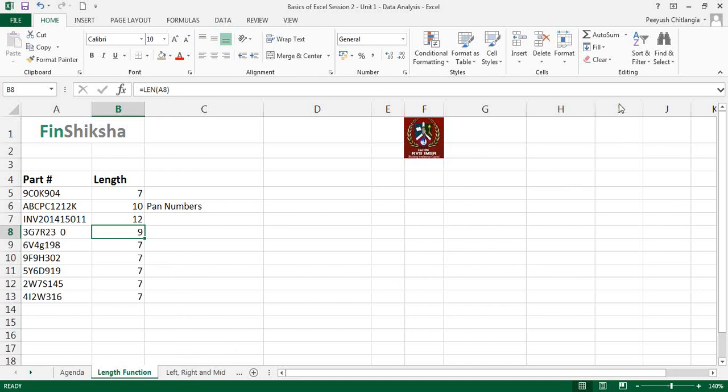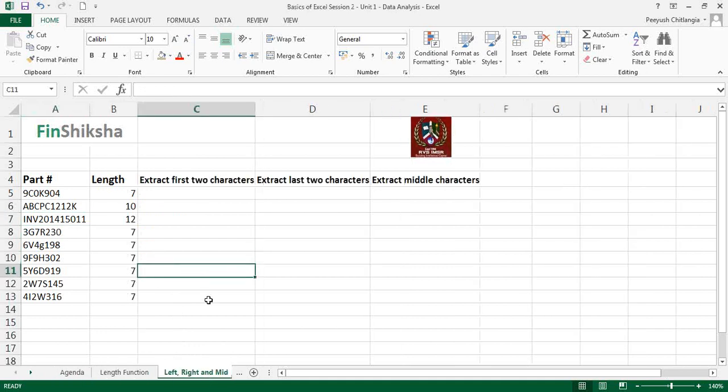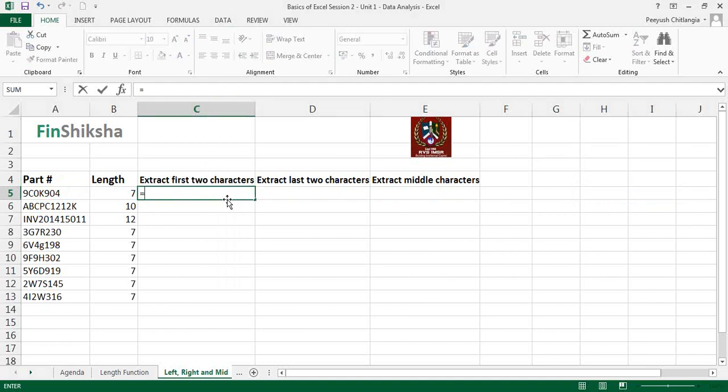Now let's move ahead and move to the next set of data where it might be useful for us. So now let's say we have to actually take out some characters from the beginning of the text string, some characters from the end of the text string, or some characters from the middle of the text string, right? For that, Excel allows us some functions. Let's say I want to find out the first two characters. So we want to find out what are the first two characters that we see in this particular string, right? What do I use? I use something called, remember, when you use a function, you'll always have to put an equals to there,